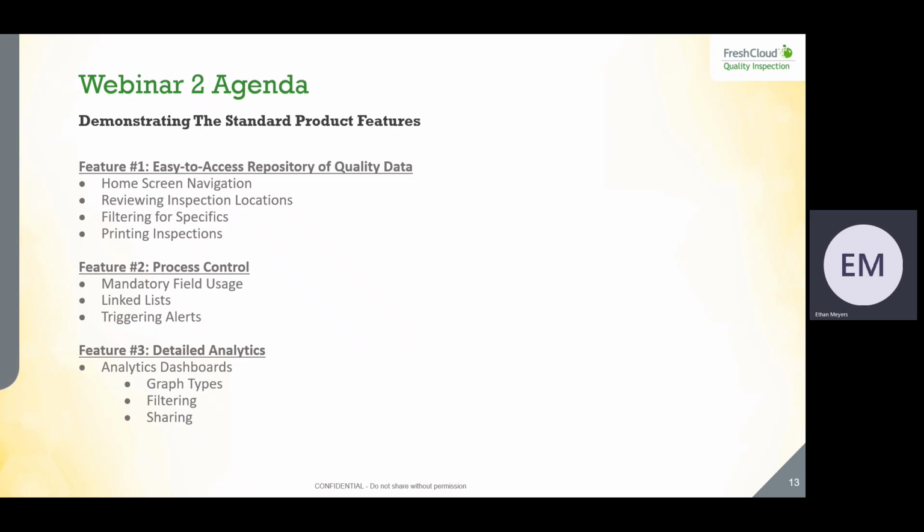Feature number 1 that we'll go through is the easy to access repository of quality data. We'll be going through home screen navigation, reviewing inspection locations, different filtering options, and then how to print and send out inspection reports. We'll then move on to the process control piece where we'll talk through some of the mandatory field usage, linked list functionality, as well as some ideas and thoughts around how we can trigger alerts within the